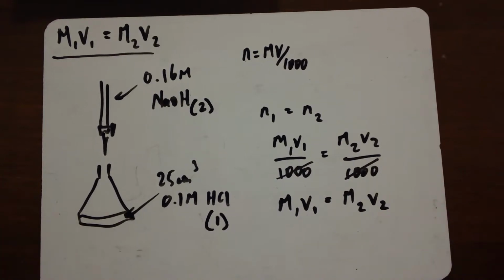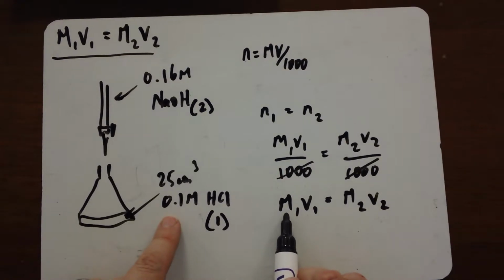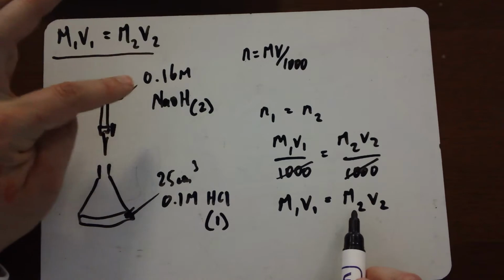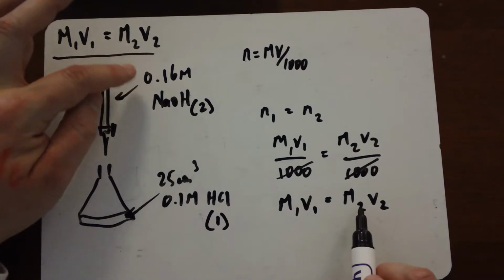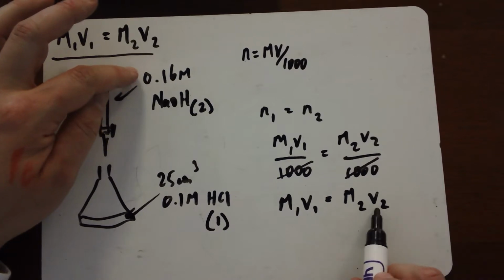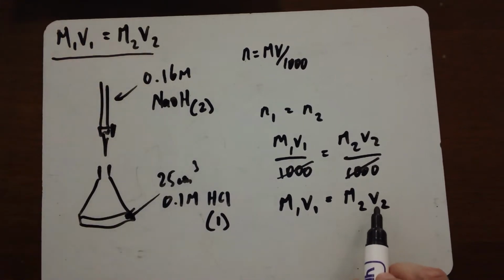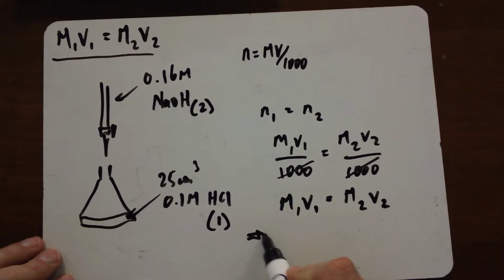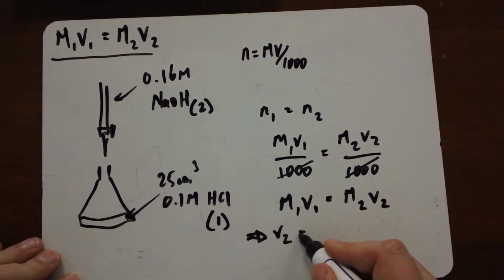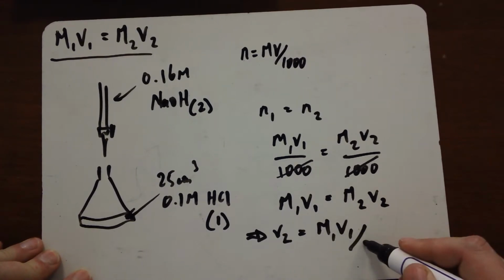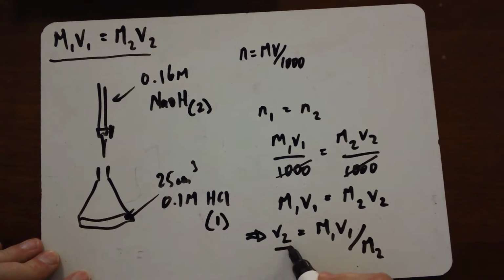volume. Now in this case we know the value of m1, 0.1, we know the value of v1, 25, we do know the concentration of the sodium hydroxide, so we're trying to work out the volume needed to get the equivalence point for this reaction. So we just rearrange to make v2 the subject, and we get m1v1/m2 will give us our